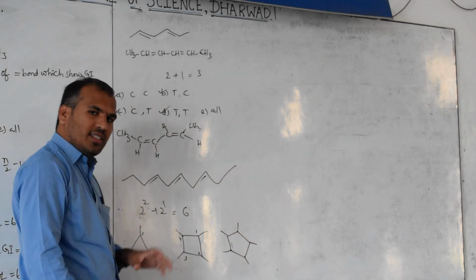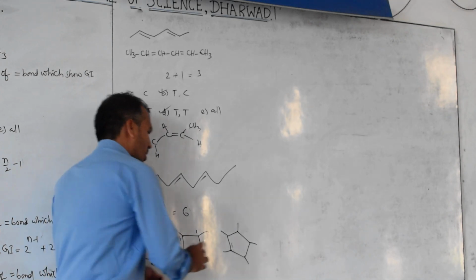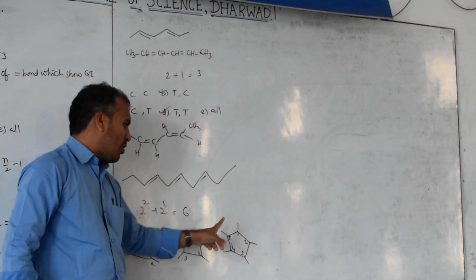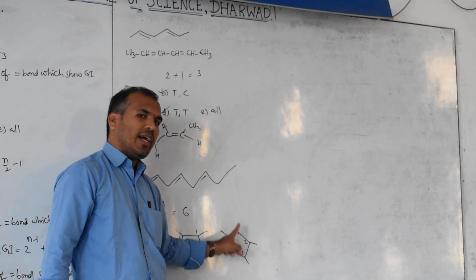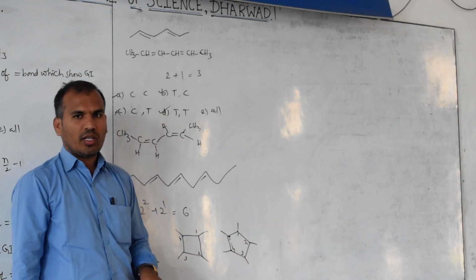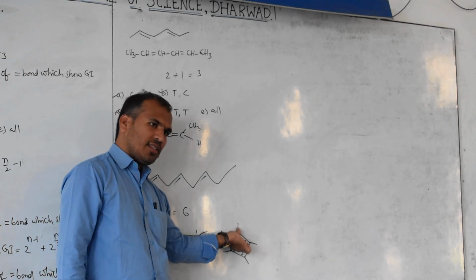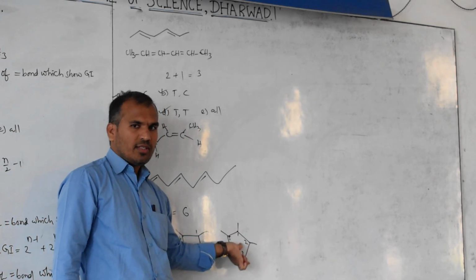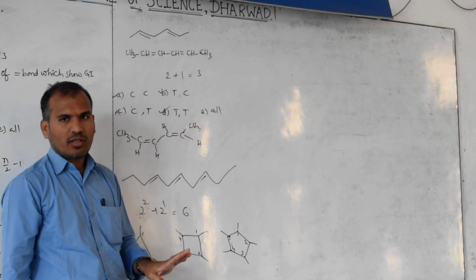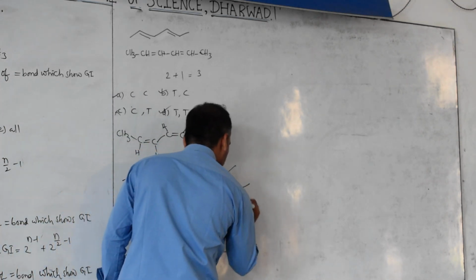Tell how many restricted rotation bonds are there? 1, 2, 3, 4, 5. 1, 2 is there, 1, 3 is there. Again 1, 3 same, 1, 2 same. Then how many restricted rotations? 2, 1. Then this is cis also, trans also. Total how many? 4 possible. But if you take this one,